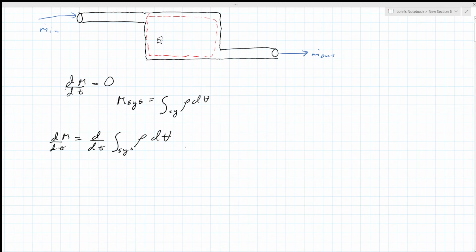Now this equation here uses the Reynolds transport theorem, which I've not covered here because quite a few fluid mechanics classes do not cover it, and in a lot of them you just go straight to this constant equation for the mass. If you want me to create a video for the Reynolds transport theorem, leave a comment and I'll be happy